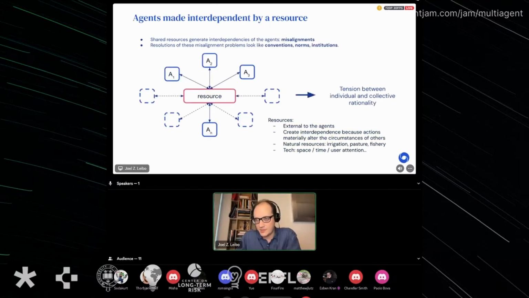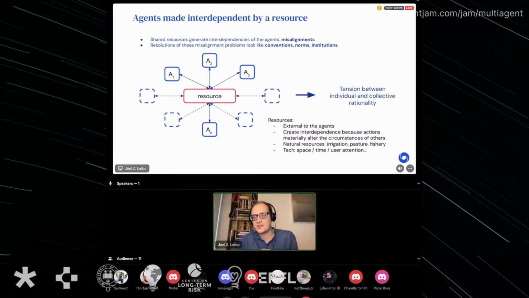Now I have some kind of framework that we use to think about these kinds of problems. We like to think about things in terms of a resource in the world that is making agents interdependent and generating misalignment problems to solve. So the resource could be, say, the restaurant workers' time in the booking example, or it could be our collective attention, or it could be the number of fish in the ocean in a fishery, some kind of resource that could be natural or artificial, which everyone has incentives with respect to. Maybe it's a calendar and you're booking time in a calendar or something.